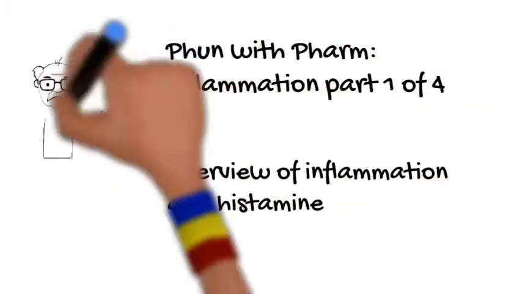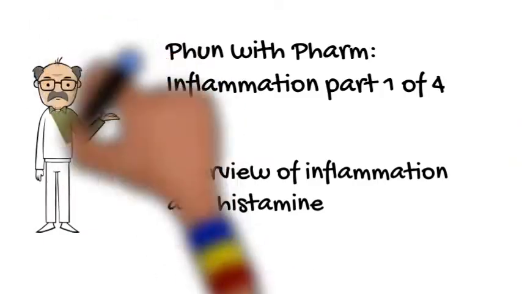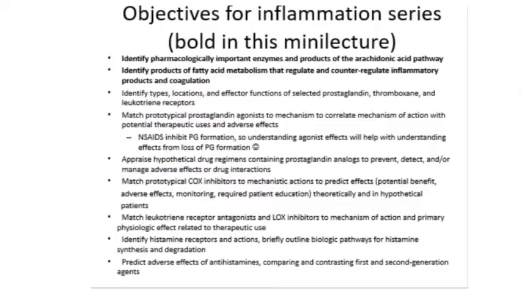Today's topic is inflammation, part 1 of 4, overview of inflammation and histamine. The accessible objectives for this mini lecture include identification of histamine receptors and their actions, a brief outline of the biologic pathways for histamine synthesis and degradation, and predict adverse effects of antihistamines comparing and contrasting first and second generation